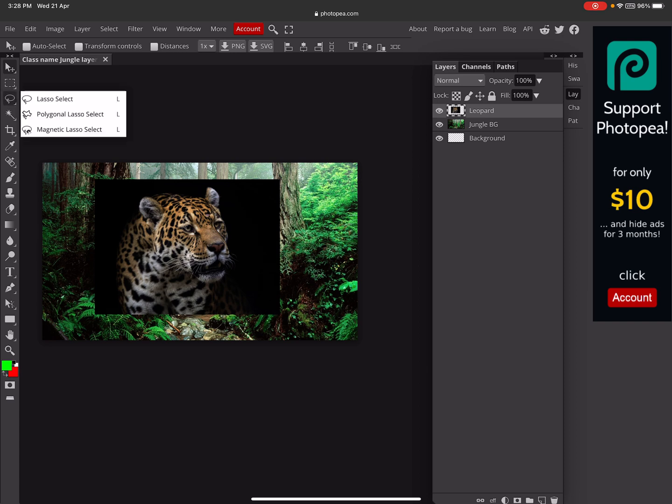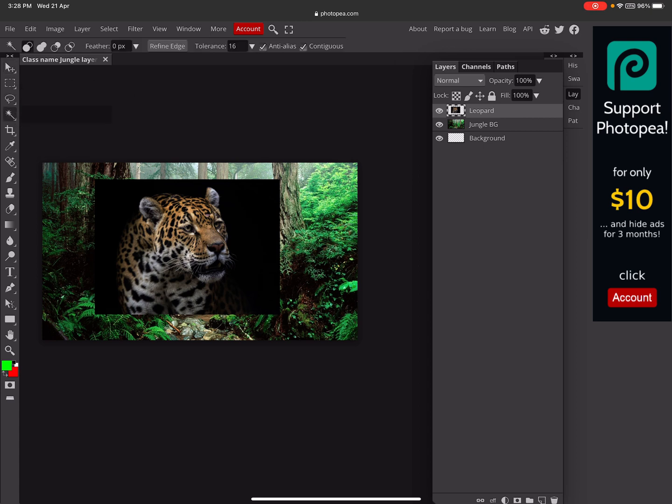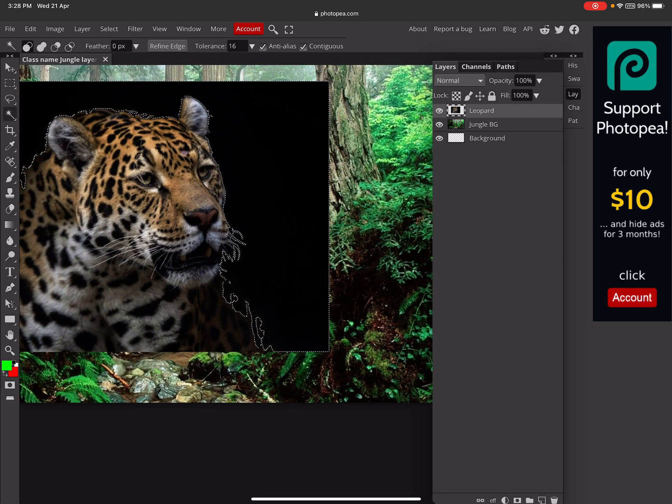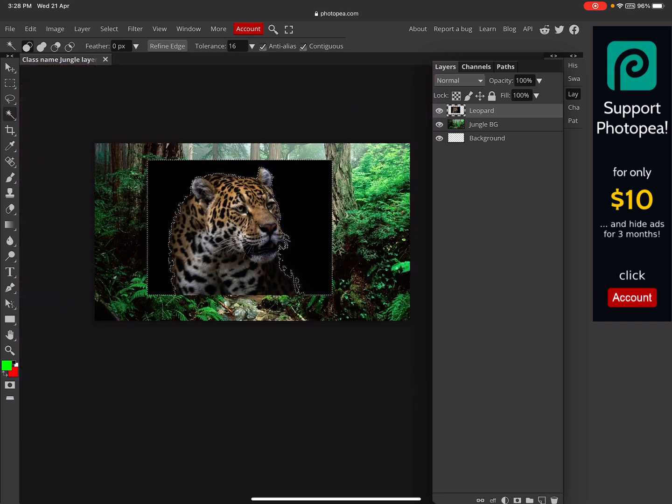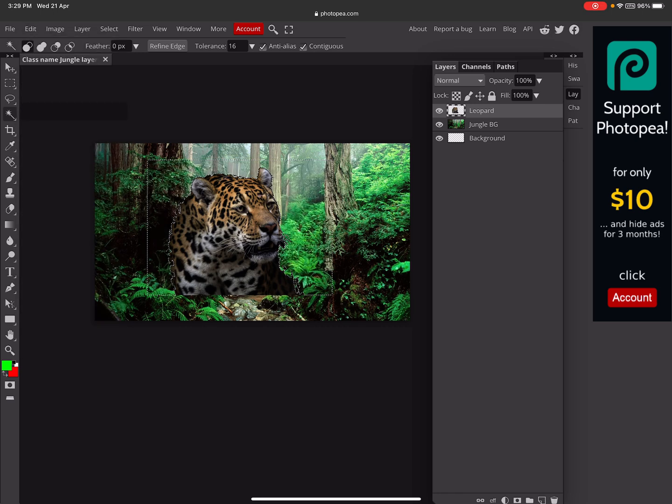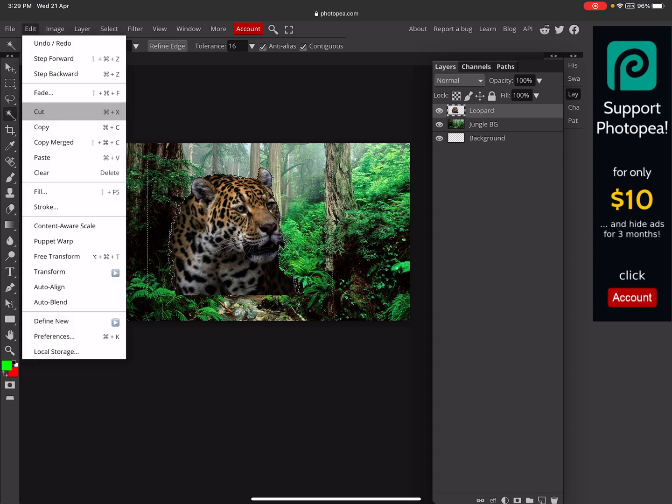Right. So let's just go into our magic wand, and in our magic wand here, I'm going to go and tap on my magic wand, and we're going to go and take away the black area. Now it does a very good job of just going around those whiskers as well on the leopard's face, and all the fur, you can see the marching ants. So now what we're going to do is go to edit and cut that out